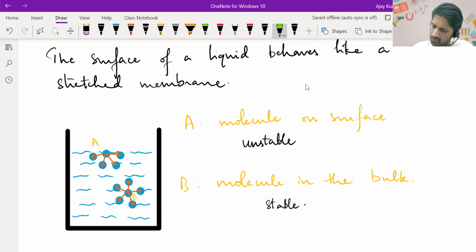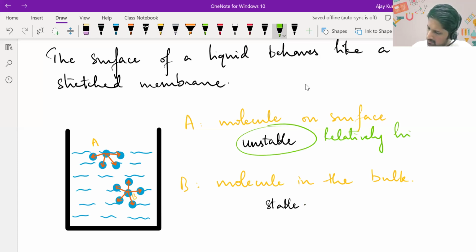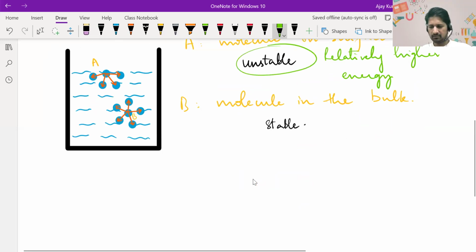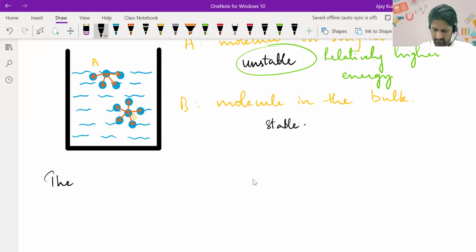So a surface molecule has relatively higher energy compared to a molecule in the bulk of the liquid. All the surface molecules will be relatively unstable compared to molecules in the bulk of the liquid. Relatively unstable means having more energy. So that extra energy, the excess energy